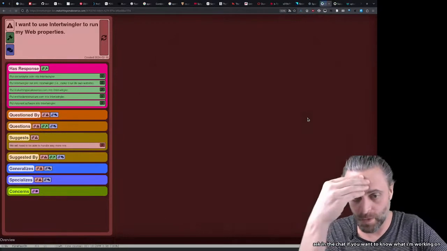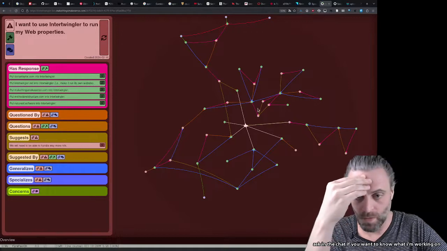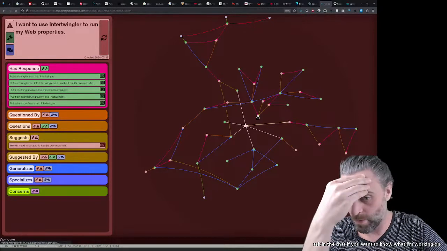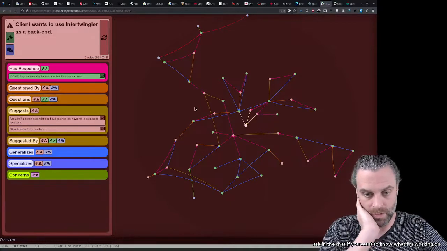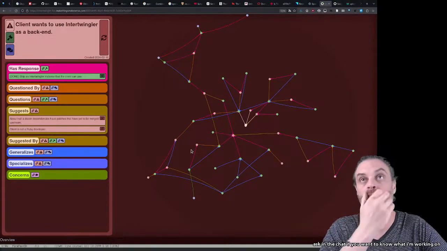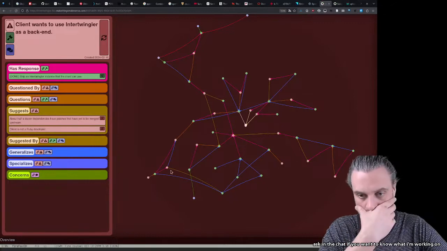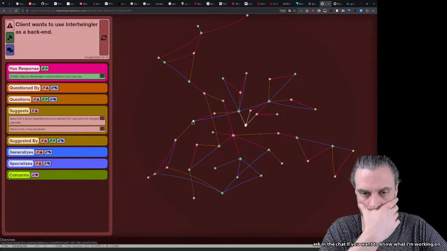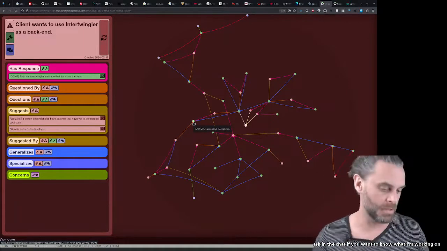Okay, where are we again? Start here. I want to use interestingly one of my red properties. This is the client wants to use Intertwinkler as a backend. And this is how. This is sort of the nexus. This is like how you actually make the argument